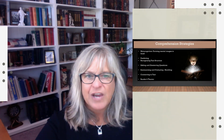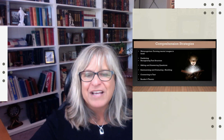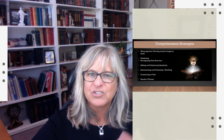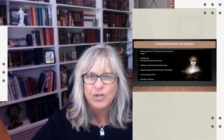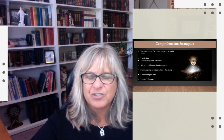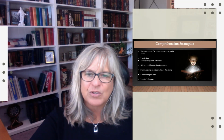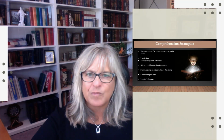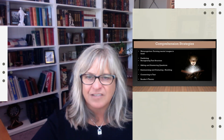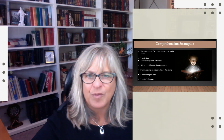Some of the comprehension strategies that we can do is metacognition. It's really amazing that students don't know how to make pictures in their head of a story, because in today's world there's so much video that you don't really have to imagine what something looks like. It's only when kids are read aloud to and have to form those pictures in their head that they understand the process of metacognition. So it's really important that you do a lot of activities that help them make those